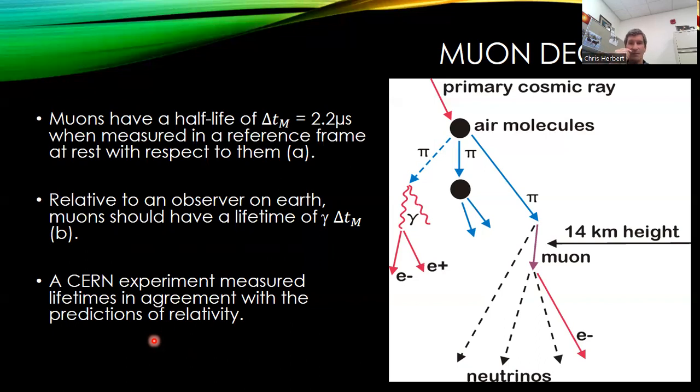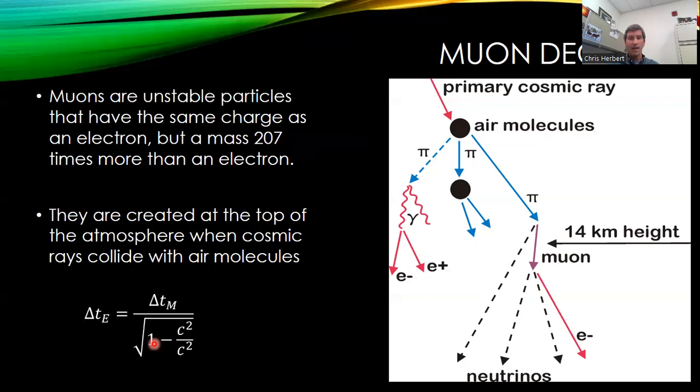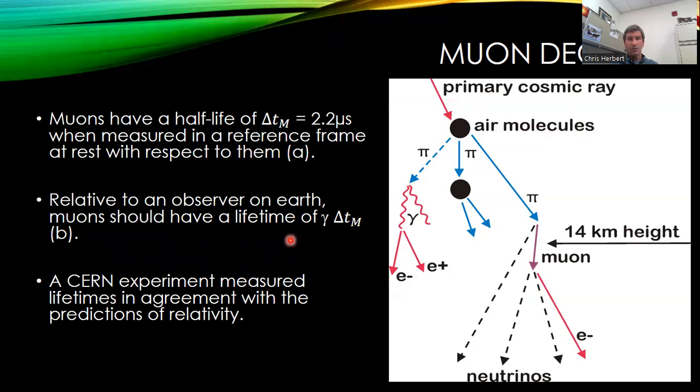Here we have a distance of 1.4 times 10 to the 4 meters, and we divide it by 2.2 microseconds. They're not traveling fast enough to make it to Earth. So relative to an observer on Earth, the muons should have decayed already before reaching the surface. But according to special relativity, the muon will actually experience a different time. Time will slow down for it, according to the observer on Earth. And again, it's 1 minus v squared over c squared. We'll shorten this up and call it gamma. That's going to be a very important number for later on. And effectively, the muons get a little extra life. Time slows down for them, so they live a little bit longer than 2 microseconds,